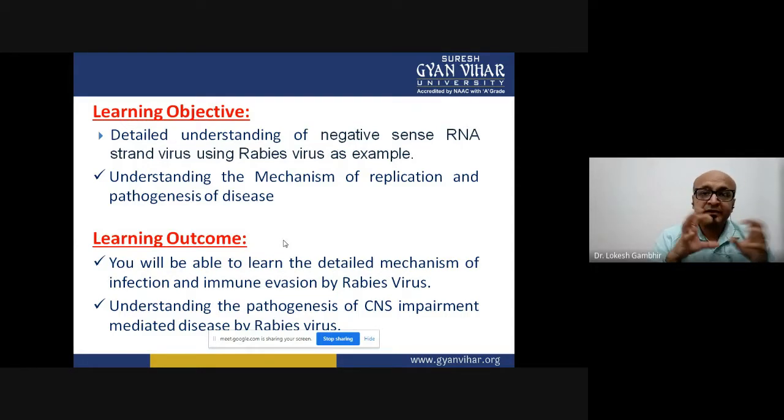Then once we have understood that phenomenon, we should also be able to understand how this disease is initiated, how the central nervous system is getting affected by this rabies virus, how it reaches the central nervous system, and what are the clinical symptoms. Once we have understood it, we will be looking at a glimpse of the management strategies. By the end of the lecture, I expect that you will be aware of all these scenarios and how the impairment in the central nervous system is leading to the pathogenesis of rabies disease. So without delay, let us begin.